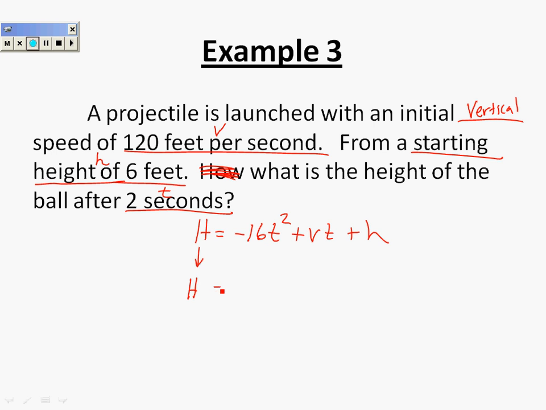We know the little t was 2. We know that v is 120. We know that t is 2. And the starting height is 6. And from here we just use order of operations. 2 squared